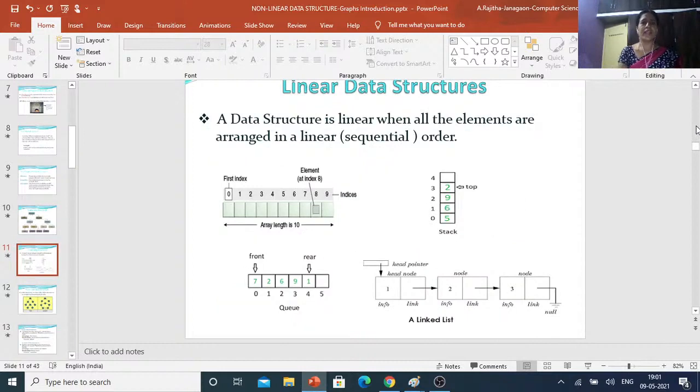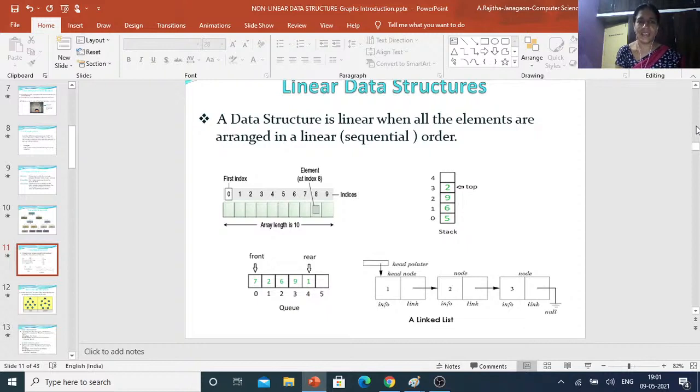A data structure is linear when all the elements are arranged in a sequential order, that is, in linear form. That means there is only one successor and only one predecessor.